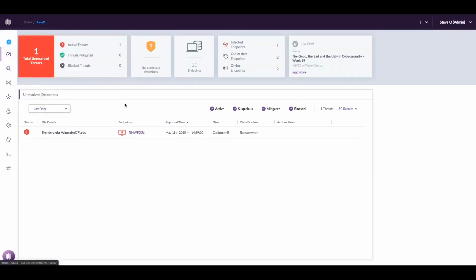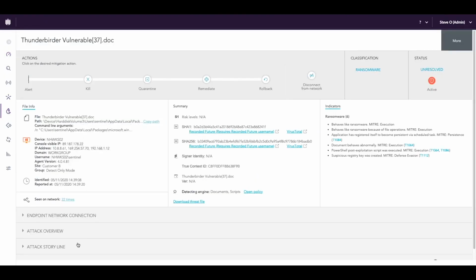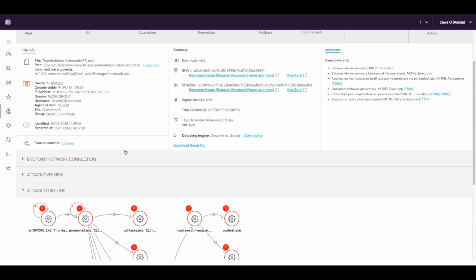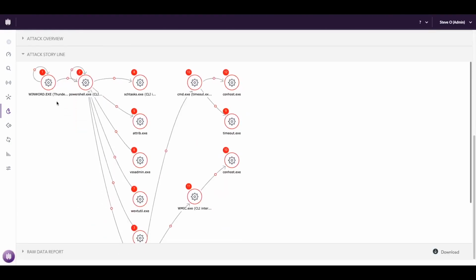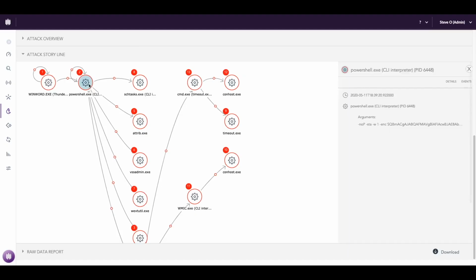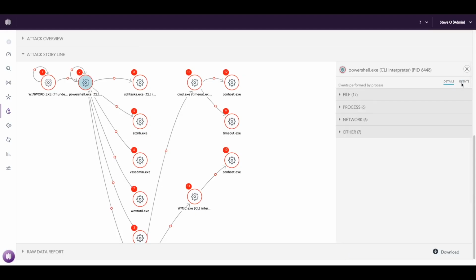If we jump back into the dashboard, we should see the suspicious alert coming from the endpoint. And we can already see a few behavioral indicators that are firing off. If we take a closer look at the storyline, we can also see that Word has reached out to PowerShell. We can see the base64 encoded command here, so we'll go back to the virtual machine and see how